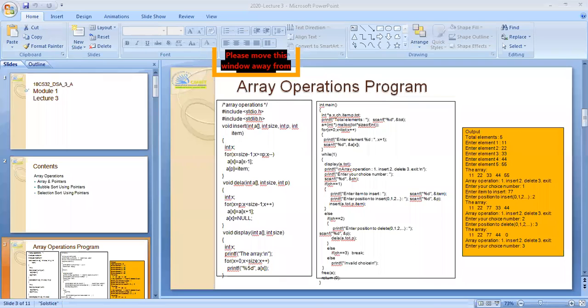You people keep coming up to 10:40, I think so. So first you go with the array operation. In this program, we are going to have the insertion operation, deletion operation, and display operation. Kindly go through this program, it is very, very important for us. Is this particular concept done?